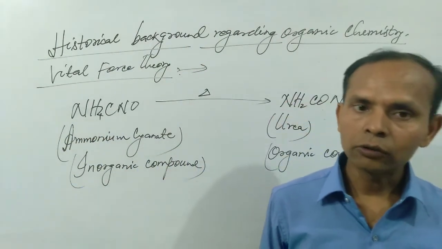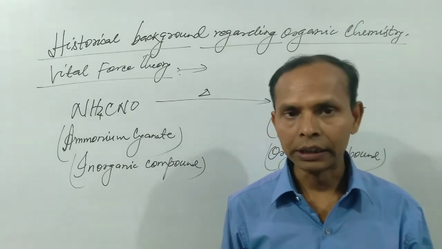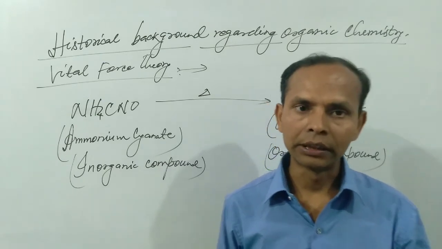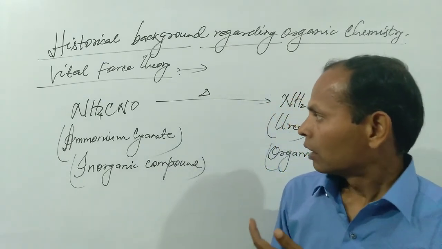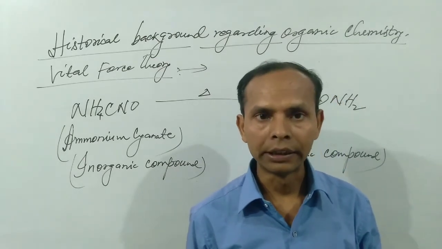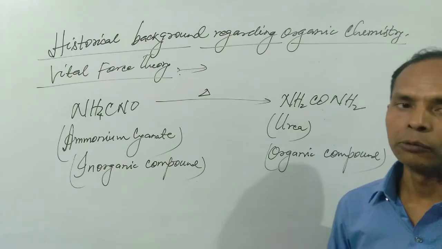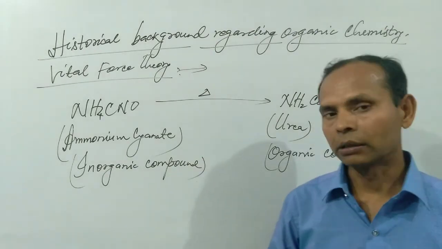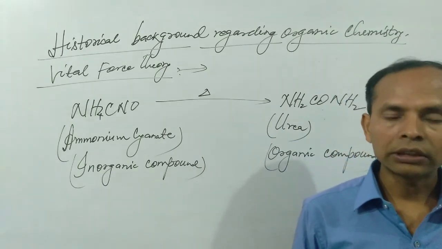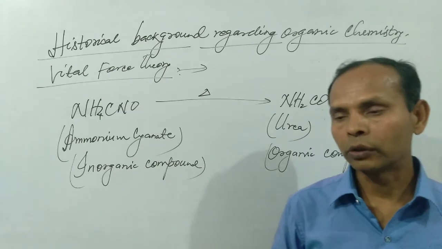So in this class, we first discussed what organic chemistry is, what the historical background regarding organic chemistry is, and what the first organic compound obtained in the laboratory is. The first organic compound, urea, can be obtained by heating ammonium cyanide in the laboratory. Berzelius was the first scientist who proposed such a theory, called the vital force theory, in